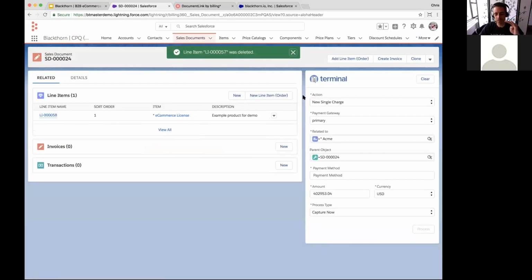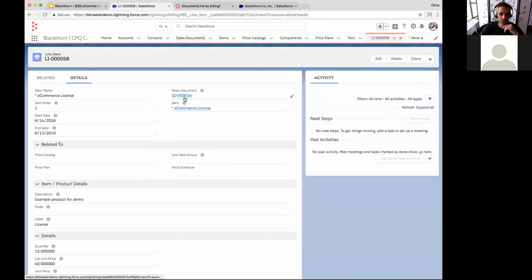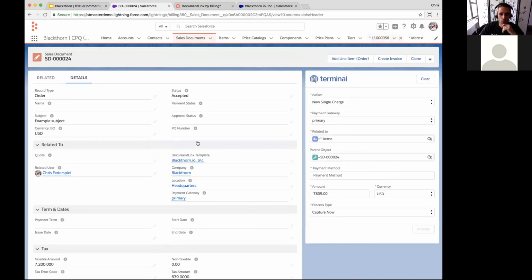That gets me into our timing conversation for people to be able to begin demos and trials, and to be able to utilize the application. That will be in July. So we have a few more weeks of little things to tidy up, and then demos and trials will be ready come July. So if I go back into our sales document details,